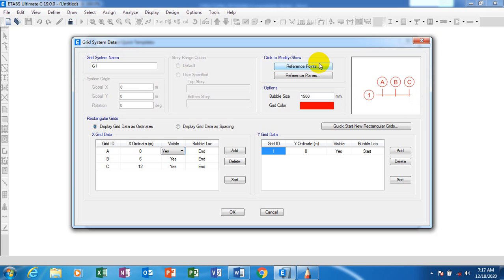The reference points, we're actually going to be using these and these reference planes when we are dealing with a real building project. Okay, so we are going to be doing some building designs later on in this series. Okay, the grid system name, I can actually change this to whatever name that suits me, but I'm actually going to maintain this just as it is. Okay, so right now I'm going to click on OK,